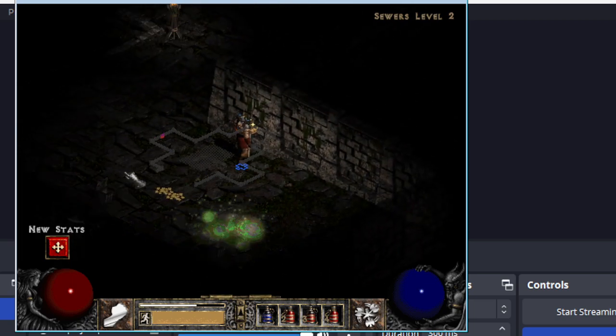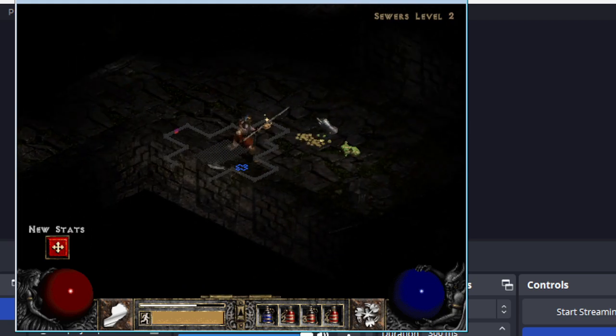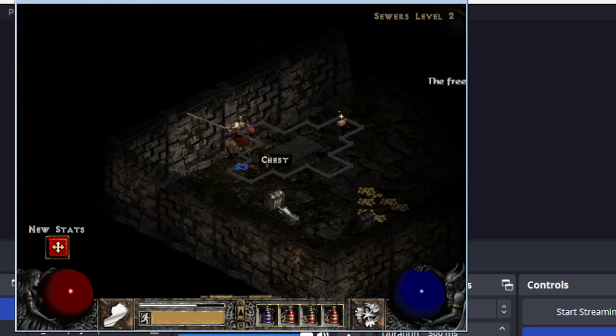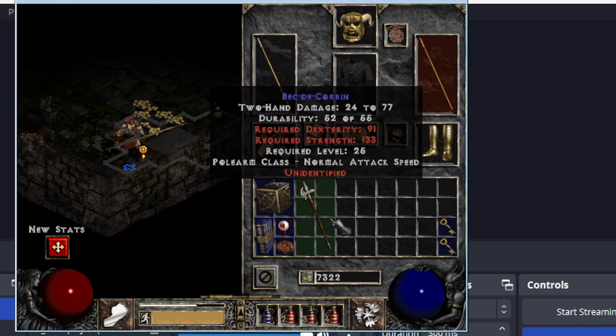I guess it's this one and this one, but maybe there's only one super chest here. I thought it was 2. That's a regular. I believe this one and this one are super chests. See, there's Bec de Corbin. This is the base, or a base that you can use as a...